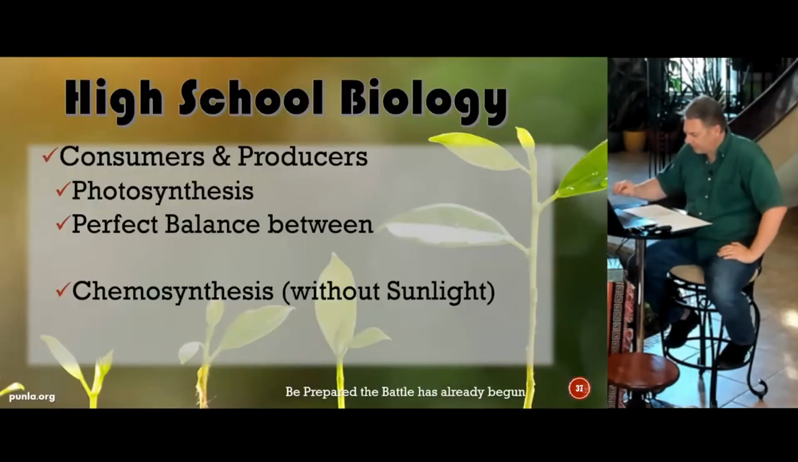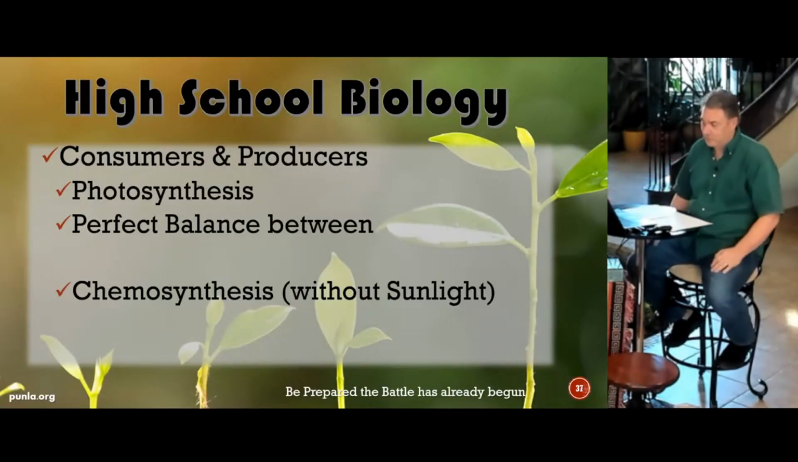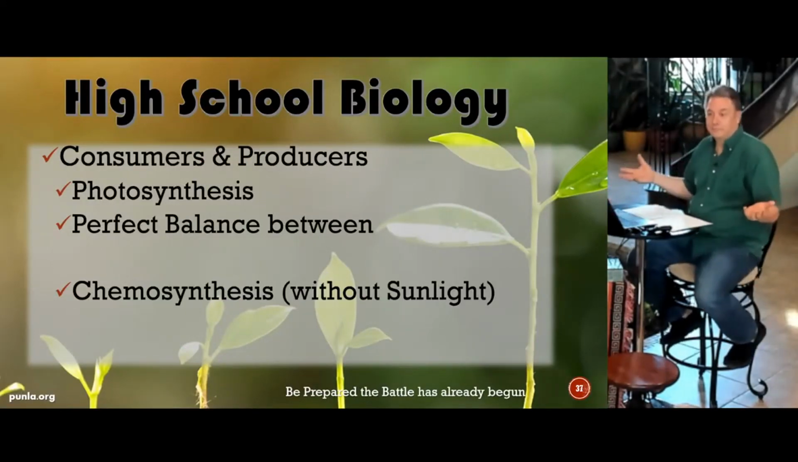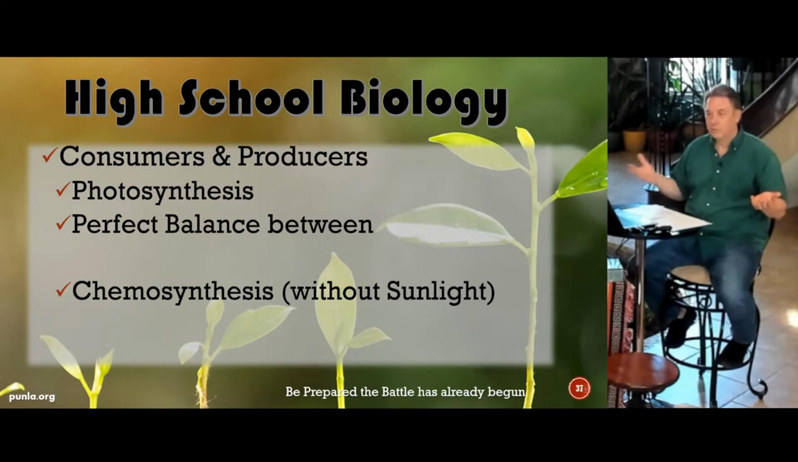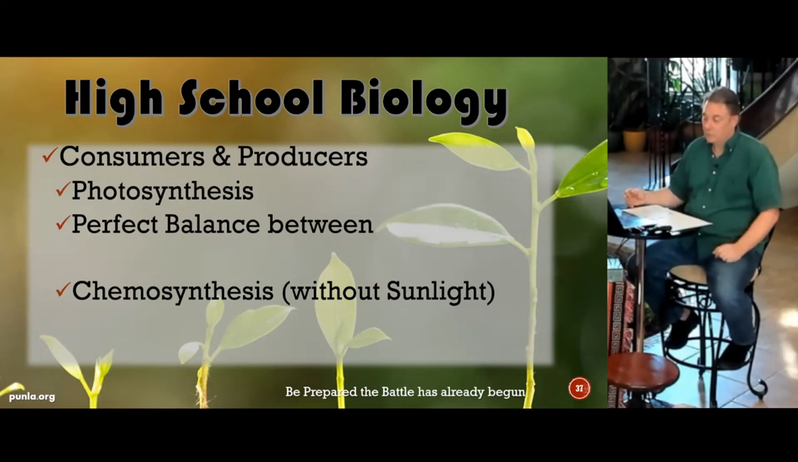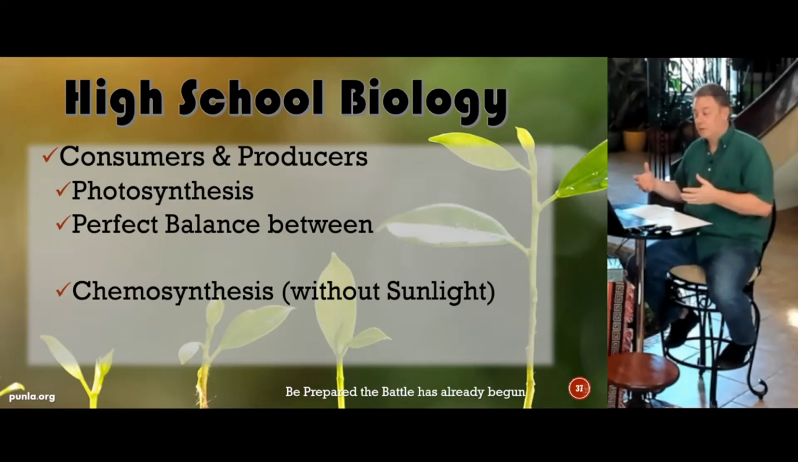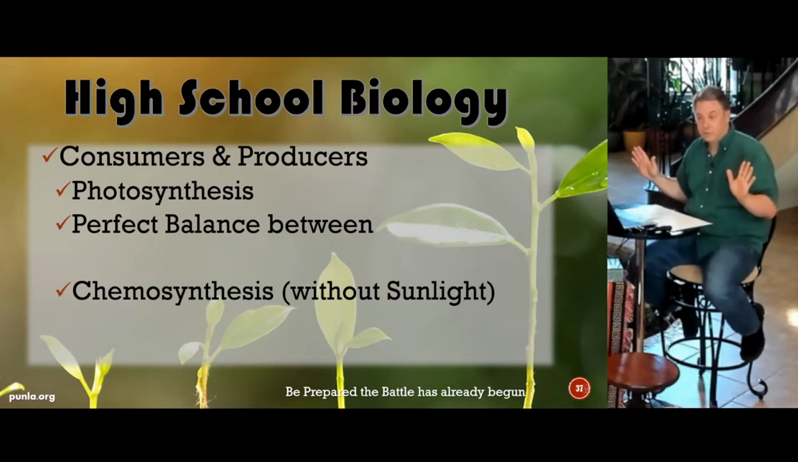And I think in terms of high school biology, this is what I learned in high school biology: consumers and producers. A consumer is something that consumes, and a producer is something that produces. So which came first in the evolutionary model? Tough question. There's not an answer. Photosynthesis is the common way that producers make energy. Now there are other methods. There's one called